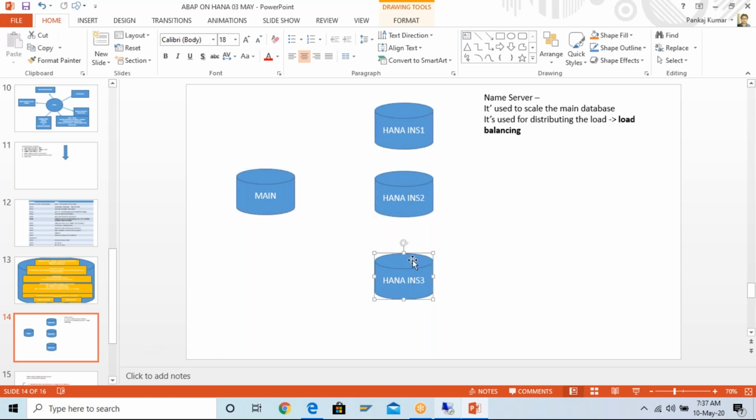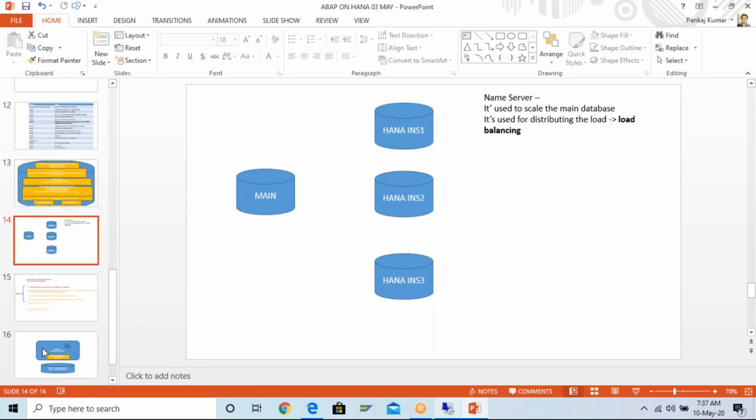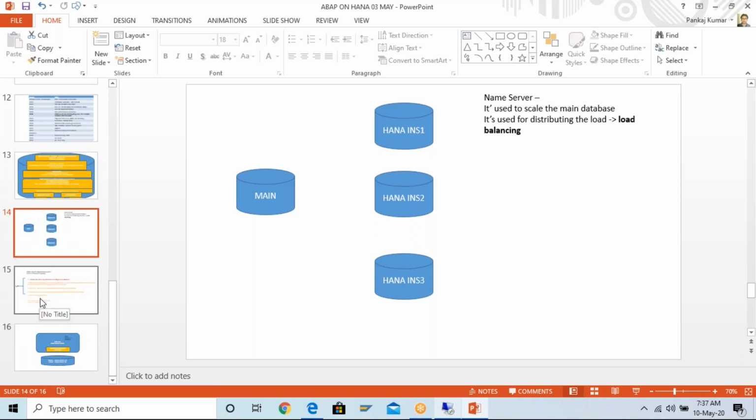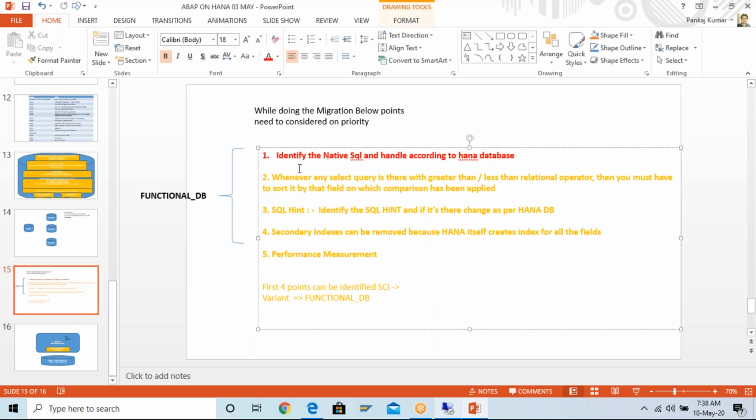But it is not relevant for us that much. Generally, it will be taken care of by the Basis people or HANA database administration people. As an ABAPer, we don't have to take care of any of that, we just have to understand the concept a bit at a high level. Okay, we understood that HANA is very important, HANA is very fast, HANA is going to improve